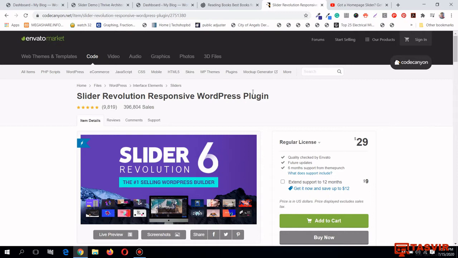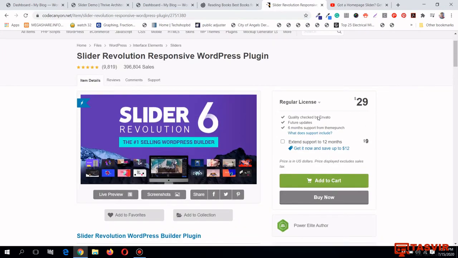So that's how this plugin works. Before I go on and show you how this plugin works, let me just give you a brief explanation about this license key. So the license key of this slider,